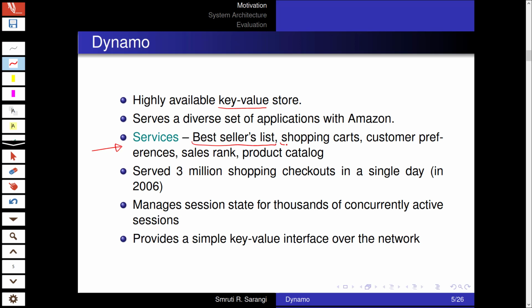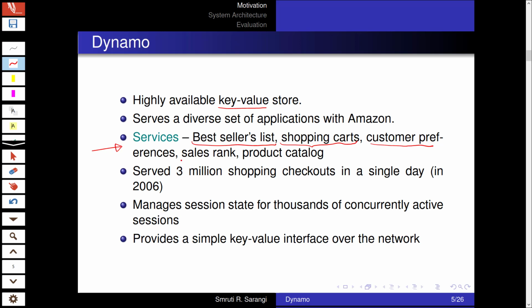Then of course shopping carts, which are very important, right? These are digital shopping carts where whatever I want to buy, I add to a shopping cart. Then we can have customer preferences. Customer preferences are things that I've bought before, and you would have seen that Amazon suggests a lot of products that I can buy based on things that I bought before.